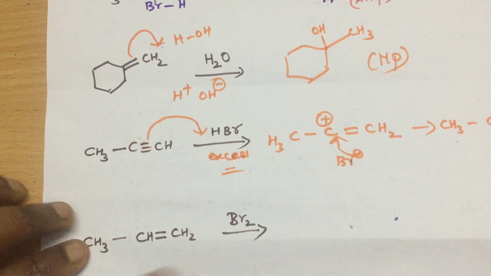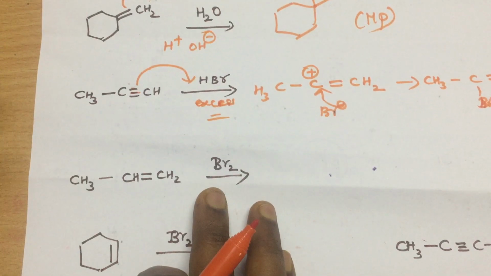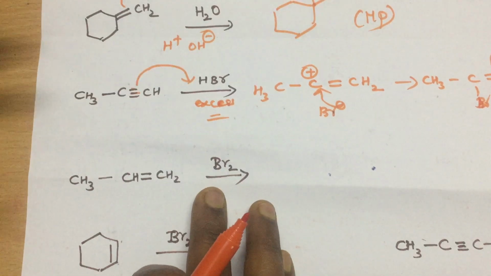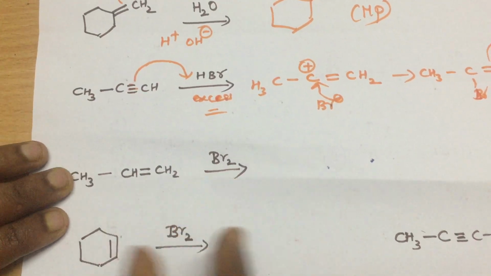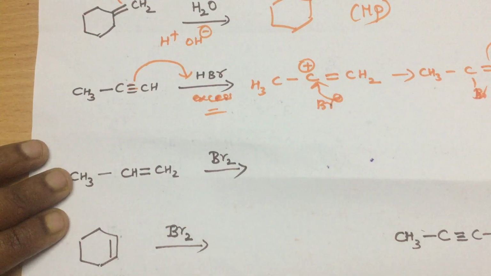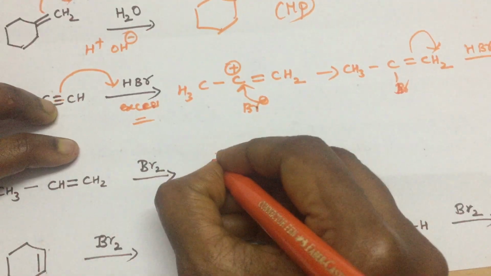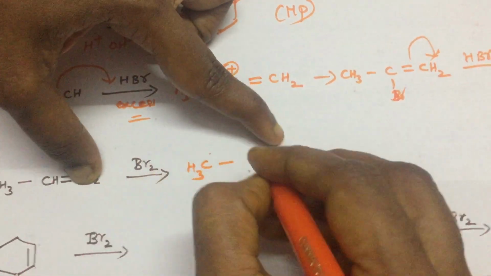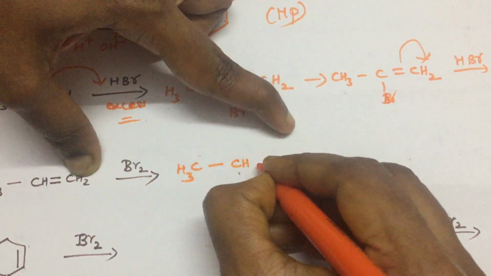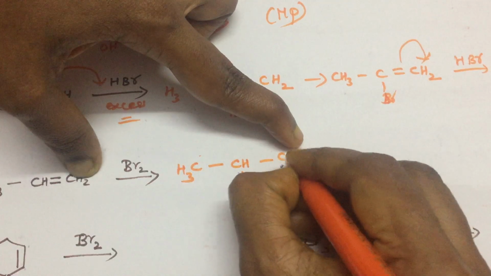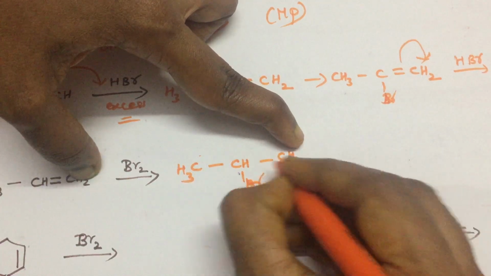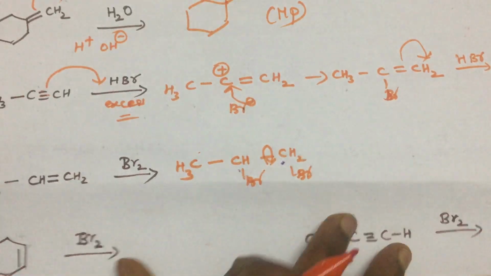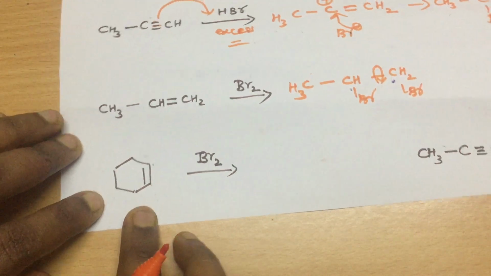Now coming to dihalogen. Dihalogen also follows the same rule, and since the molecule is symmetrical, you will not have any electrophile-nucleophile problem. But one thing you have to remember is the stereochemistry of the addition. Always remember, the addition of chlorine or bromine is a trans addition. What is a trans addition? Here you cannot say any trans because this single bond has free rotation. Now see, this molecule has a restricted rotation.